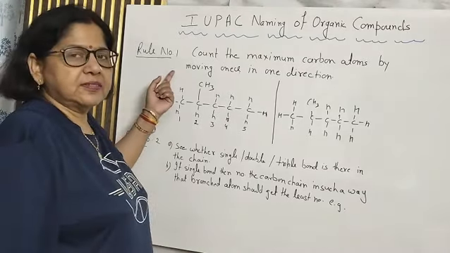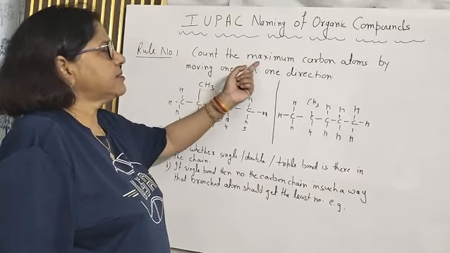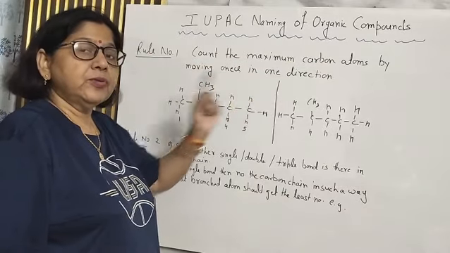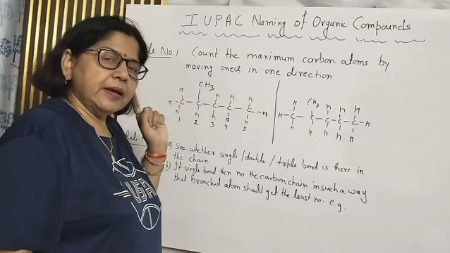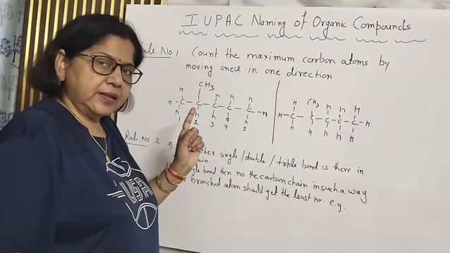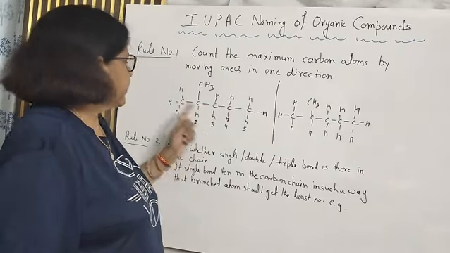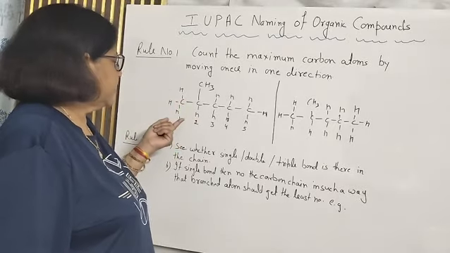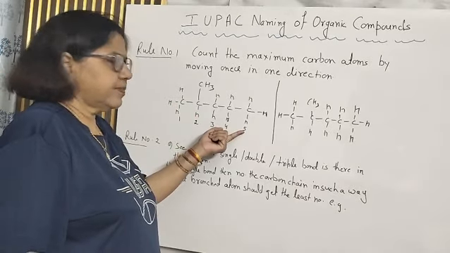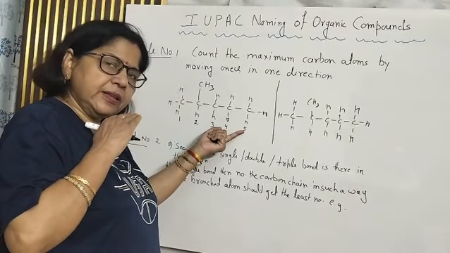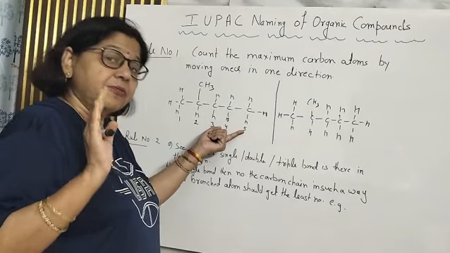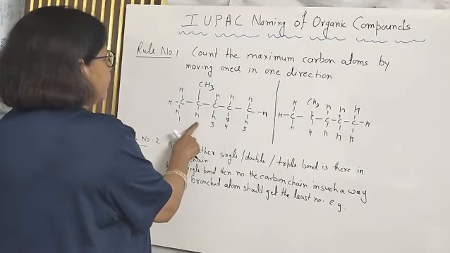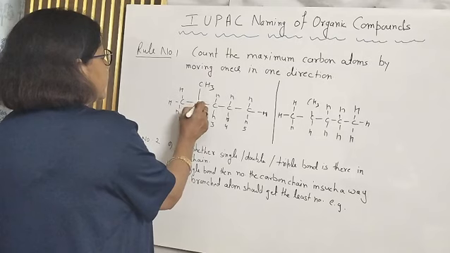The very first rule of this is to count the maximum carbon atoms by moving once in one direction. That you have to count the maximum carbon atoms by moving in one direction, right? Means no repetition on the same track. So if it is the carbon chain, children, I have two ways to count. One is 1, 2, 3, 4, 5. By moving left to right, how many carbon I am able to count? 5. One more method is possible, that is I count 1, then I count here 2, then I go up